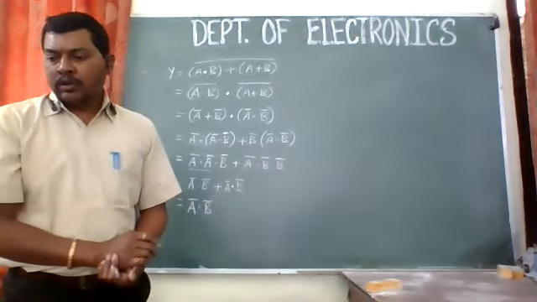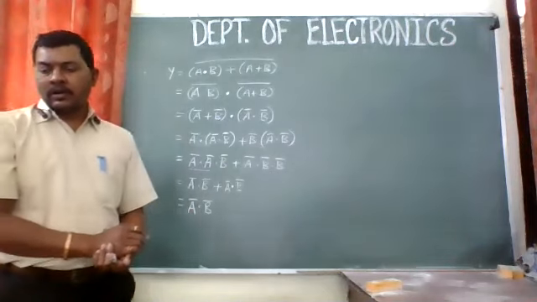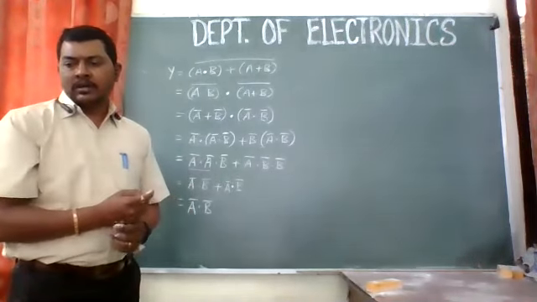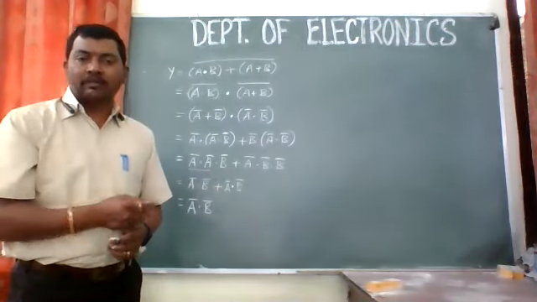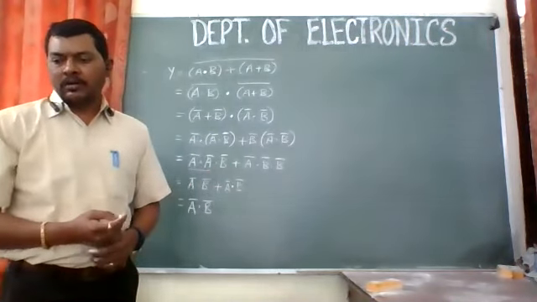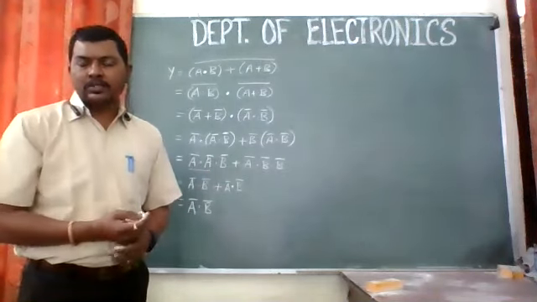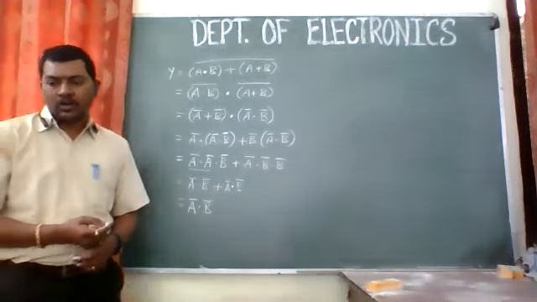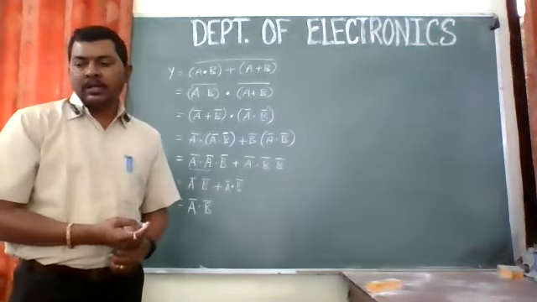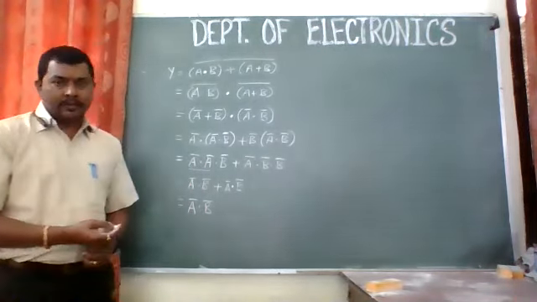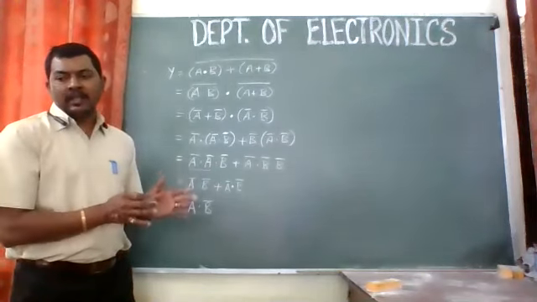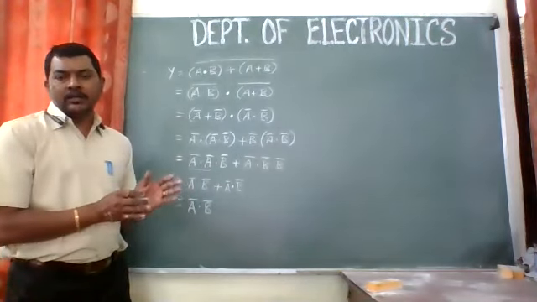Let us try one more. Just for fun, there is one question. I guess this is something we have already done. Now let me ask you whether we have done this or not. Show that a bubbled AND gate is equivalent to a NOR gate. A bubbled AND gate is equivalent to a NOR gate.